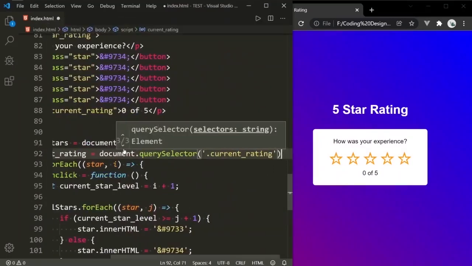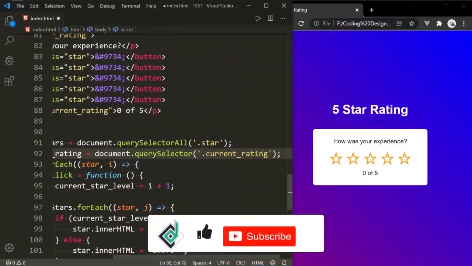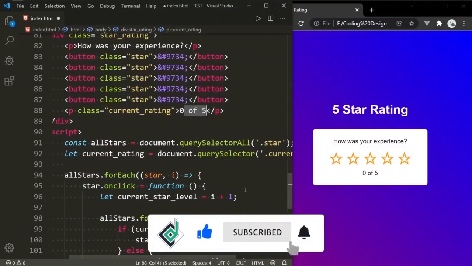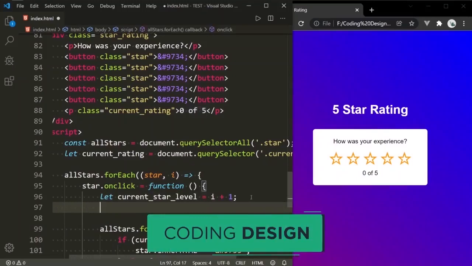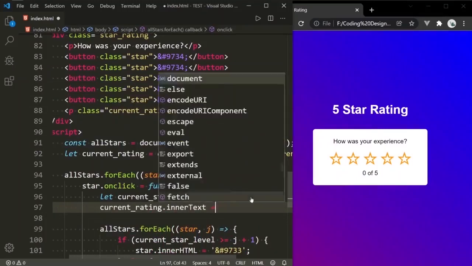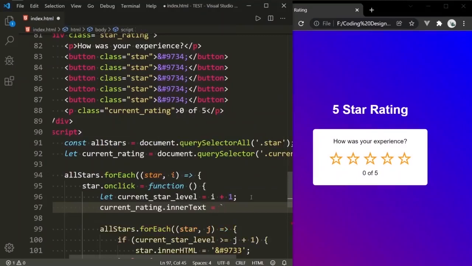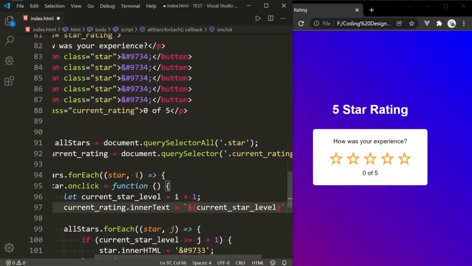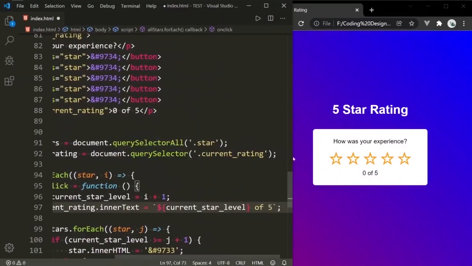When you click, I want to change that current rating value to the current position of the star. So in order to do that, currentRating.innerText is equal to a tilde symbol. At just the top of your tab button you can get this tilde symbol. Dollar parenthesis, inside this I am giving the current star level variable and space of 5.